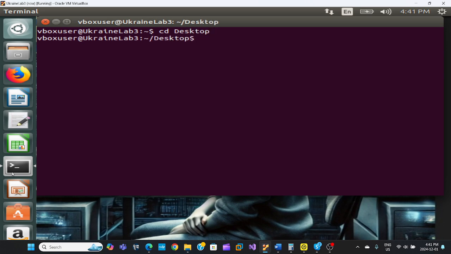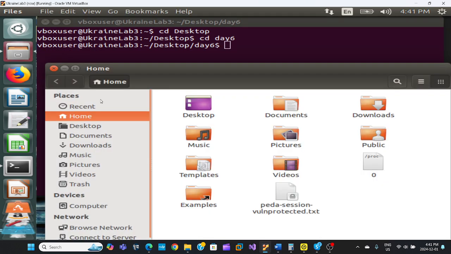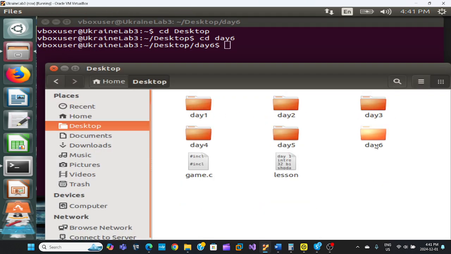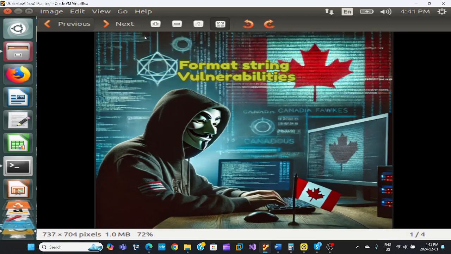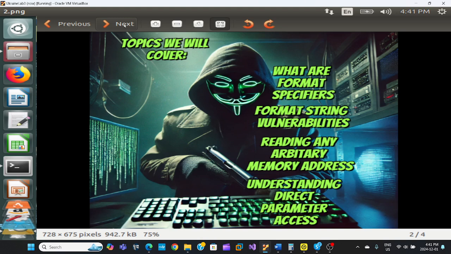Let's jump right in to our desktop and the 6-week classes. What I'm going to cover today is format string vulnerabilities. The topics we're going to cover in this class are what format specifiers are, format string vulnerabilities, reading any arbitrary memory address, understanding direct parameter access, and actually we'll be doing some writing to arbitrary memory addresses